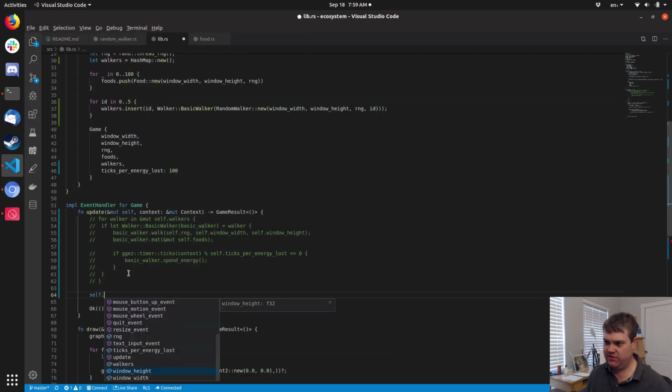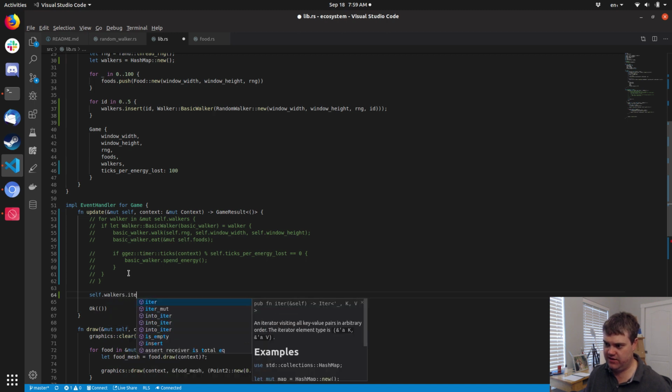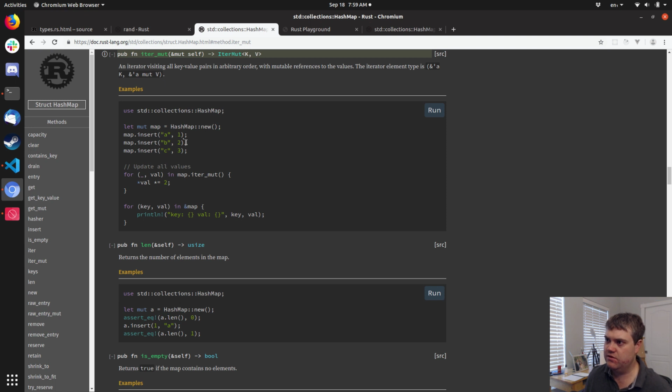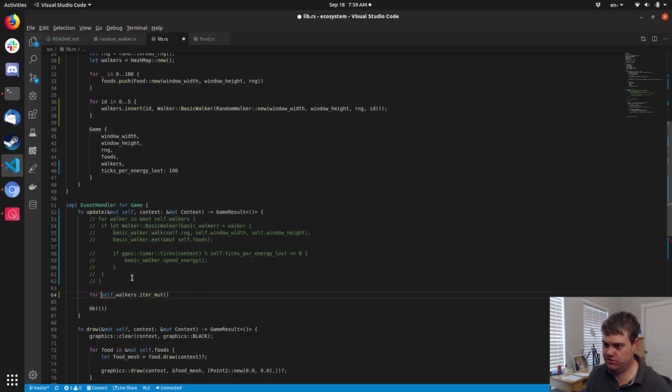So we're going to say self.walkers.iter_mut, which means... Okay. This is the key, this is the value. So I will want the key in this one. So it's a tuple, so this is going to be the ID and the walker